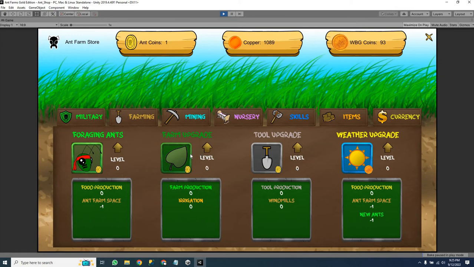And then you can upgrade your farm. The bigger your farm, the more you're going to be able to produce, because your foraging ants are only going to be able to do so much by upgrading them. So you have a farm as well, upgrade that, the more food you produce, and then the same with tools. The more you upgrade your tools for your farm, the more food you're going to be able to produce as well. And then the weather upgrade,